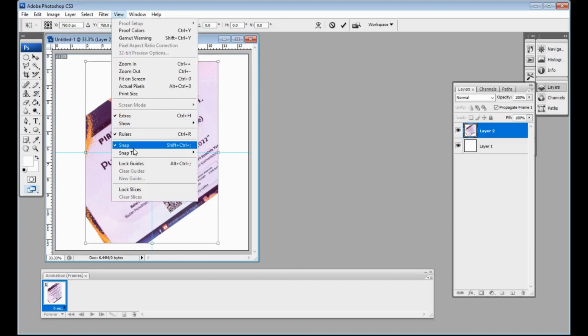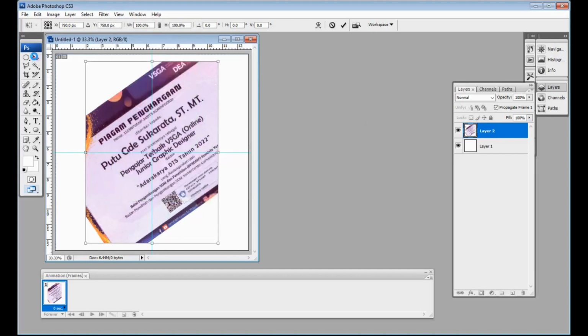Yeah, it looks like snapping in CorelDraw, Flash, maybe Illustrator and other applications. Those are applications where we can manage our image. Okay, that's it.